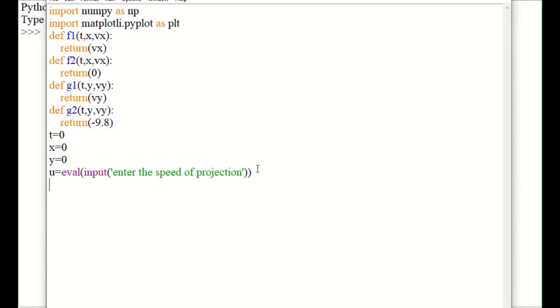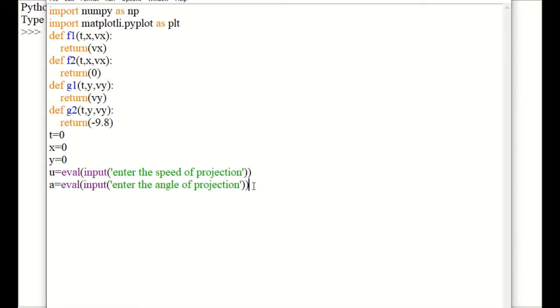Next step is you must get the angle, and we'll read the angle of projection A, instead of speed of projection, it is angle of projection.